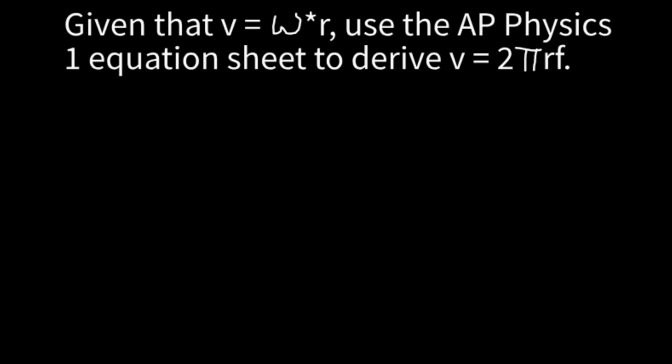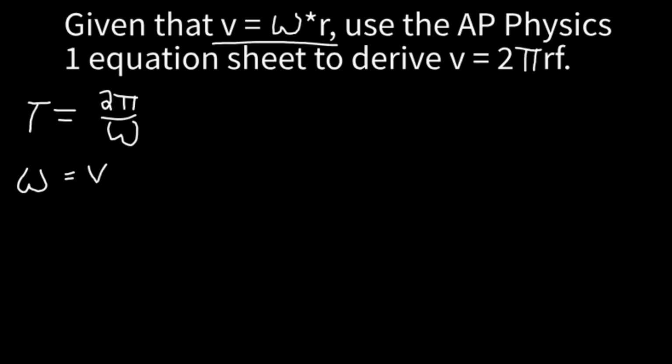Alright, let's start off this video with the challenge problem from the last video. From the AP Physics 1 equation sheet, you should be able to find the equation that the period equals 2 pi over angular velocity. And then from this equation, you can see that angular velocity equals linear velocity divided by the radius. So you can substitute that in to get that period equals 2 pi divided by v divided by r, but then you can multiply the numerator and the denominator by r to get 2 pi r